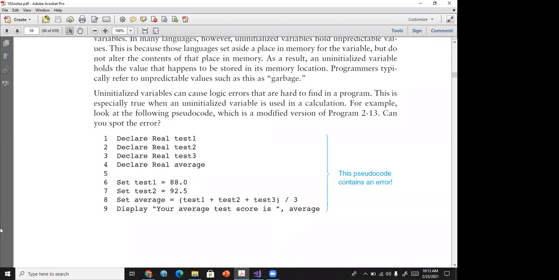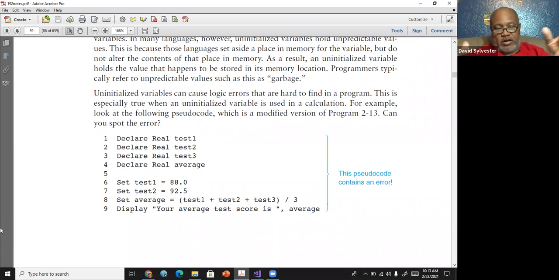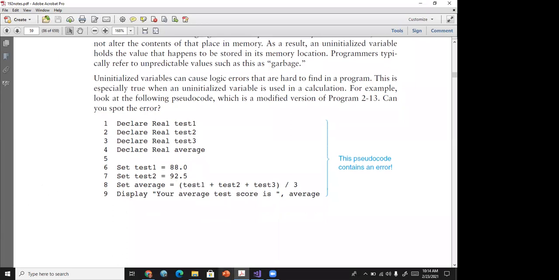They still have values. You just don't have them initially. Right. Because even if you initialize it, eventually you're overwriting it, right? When you ask the user to input a value. So that's the difference. Okay. Thank you.